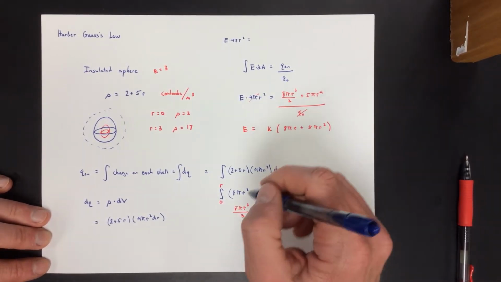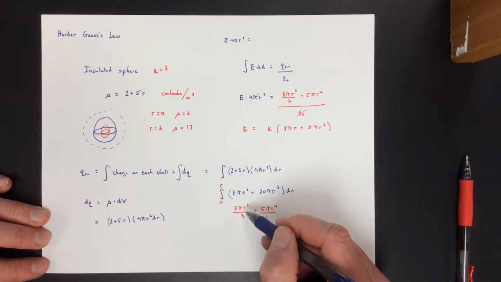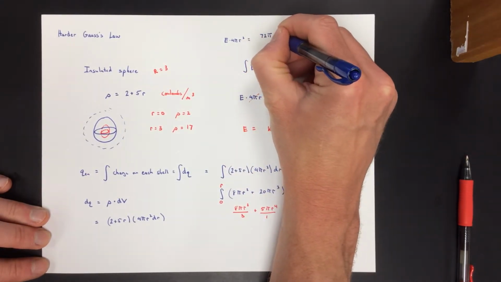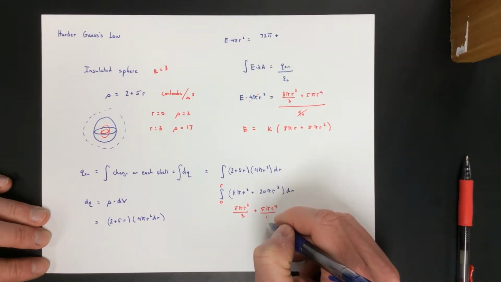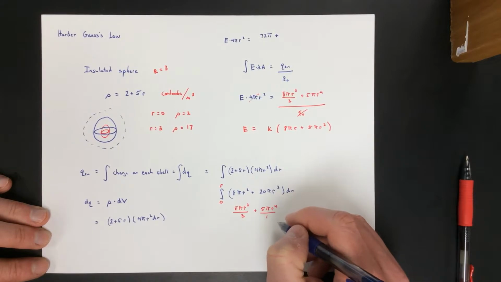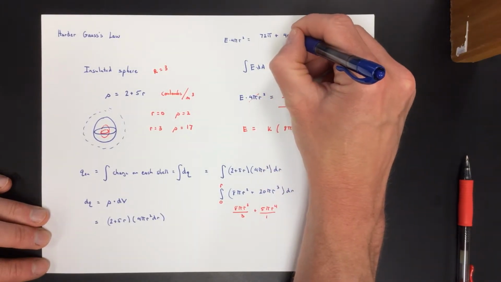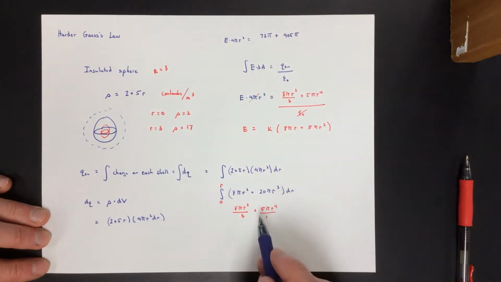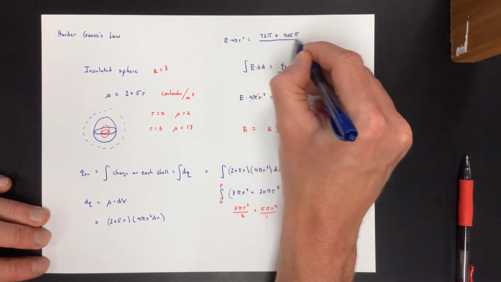We don't really have to go through all of this, but this is going to be, what, 27, 9, 72 pi plus, what, that's 81. 81 times 4 is going to be, what, 405? Did I do that right? I think so. If I did, it doesn't matter. 405 pi. And all that then is the total charge enclosed, which is just some number, so many coulombs, divided